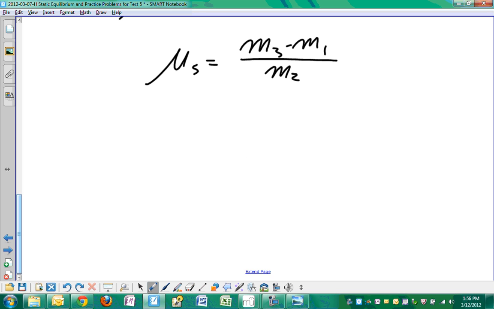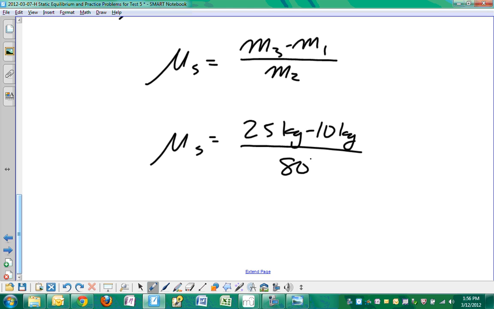All right, and this is what we did in our heads a few minutes ago, right? The difference between them is 15 kilograms, because M3 is 25 kilograms minus 10 kilograms gives us 15 kilograms divided by 80 kilograms. Look at this. All the kilograms go away too, so we could be measuring in grams or any mass, slugs, any mass unit. 15 divided by 80 is 0.1825. What are the units for coefficients of friction? There are none. It's dimensionless. So mu static,